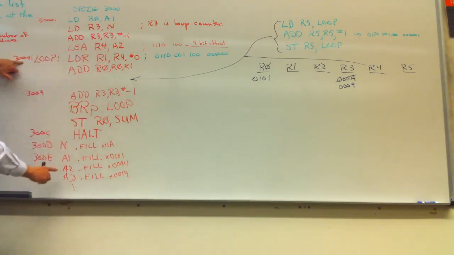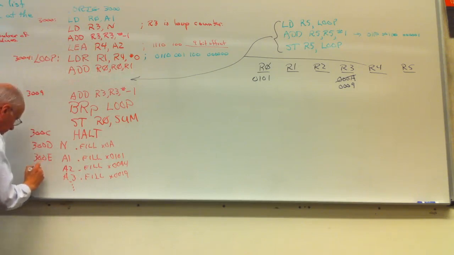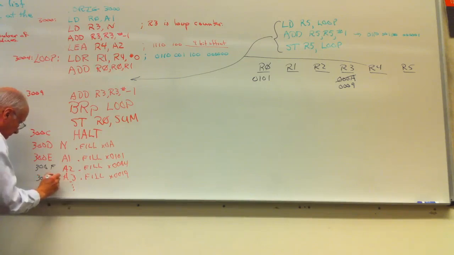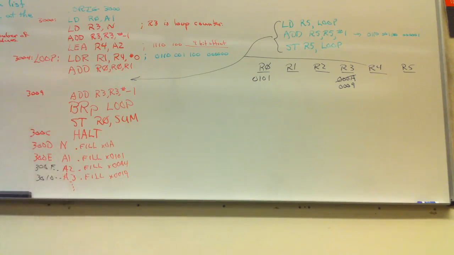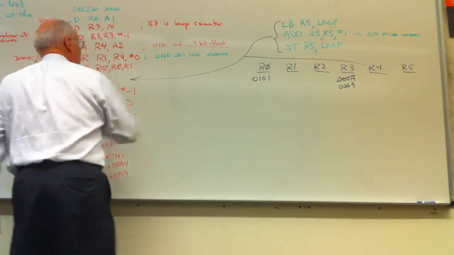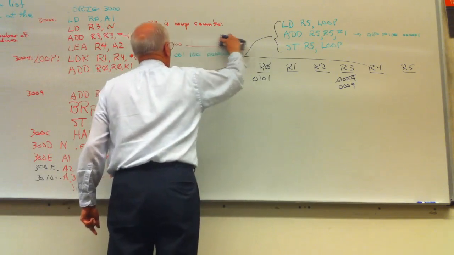The one I'm looking for is 300F. Okay, so what do I add to 4 to get F? 11. Okay, so our 9-bit offset